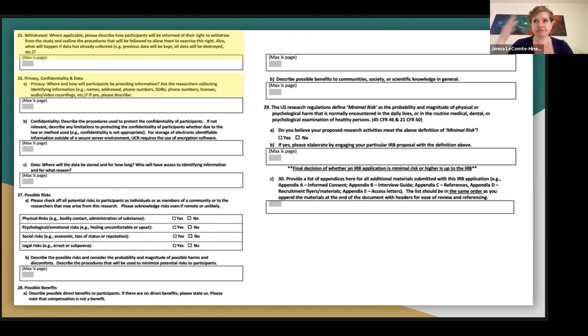That's anonymous. And then confidential is saying that you do have some identifying information. Maybe you keep it in a separate file and they're only connected by an identification number or something. Obviously, you're not reporting in your report, Juanita said, blah, blah, blah, right? You are still reporting in mass, but in theory, there is a possible way that someone could put two and two together and figure out that this is Juanita's survey. And so that is a different level of